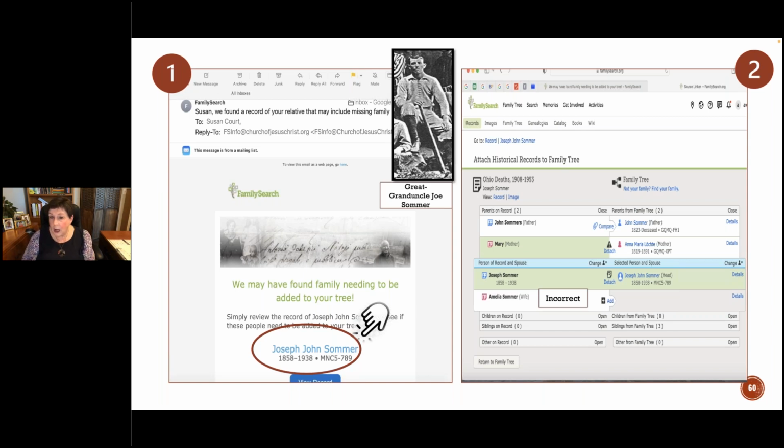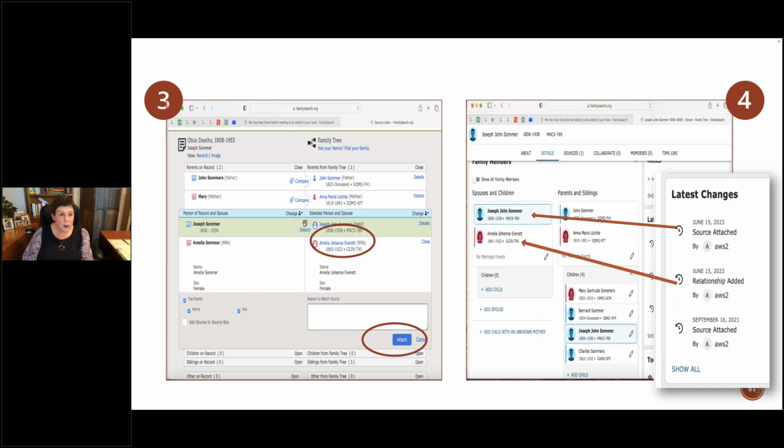So I want to attach the record that they've sent me to Joe Summer's profile page on FamilySearch.org, and I want to correct his wife's name while I'm there. So that's what I do. I attach the record, I change her name, and now on number 4 here is what it looks like on FamilySearch. So there's Joe, his wife's name is correct, and you'll note that